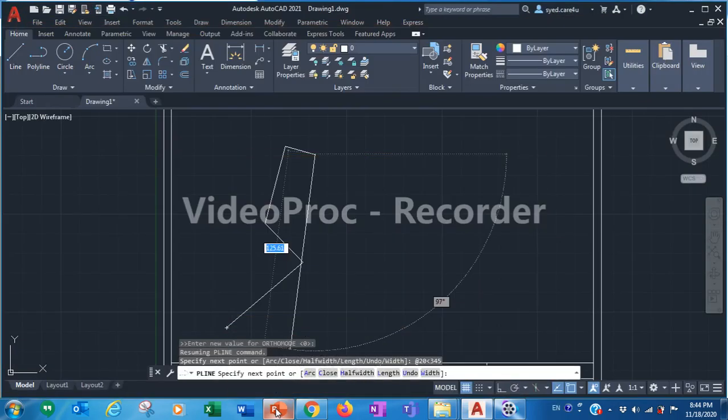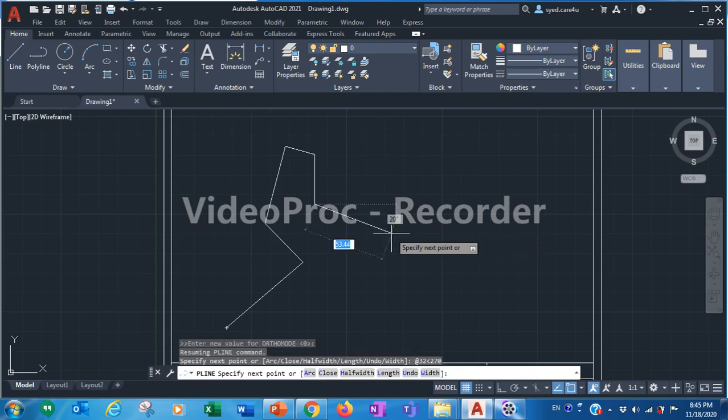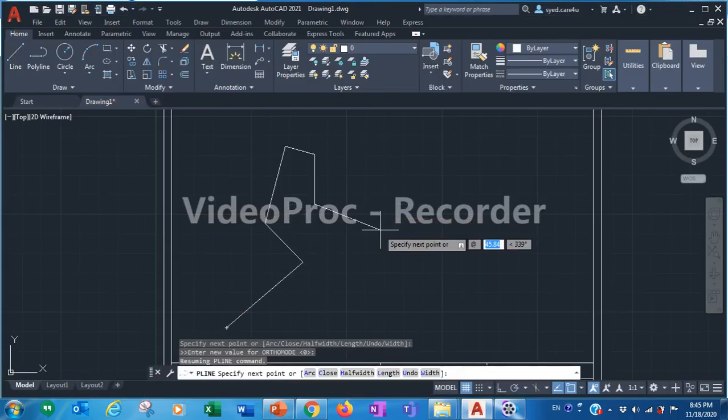Next, 32.270. So 32 less than 270. Again, 44.341. So shift 2, 44, shift less than 341.